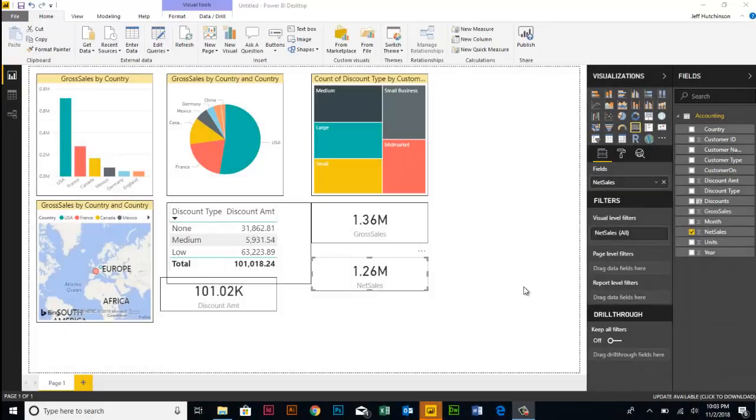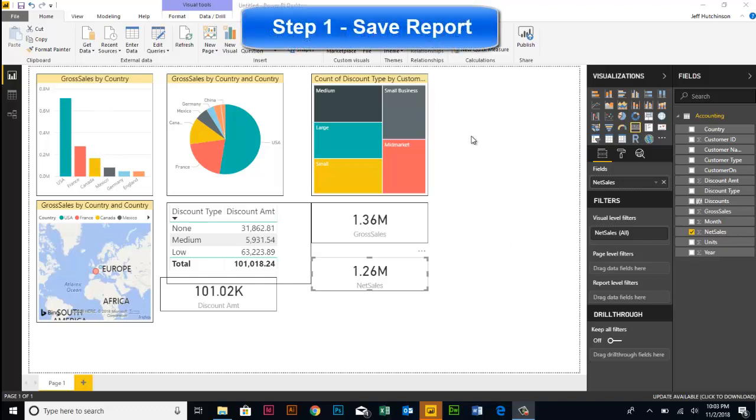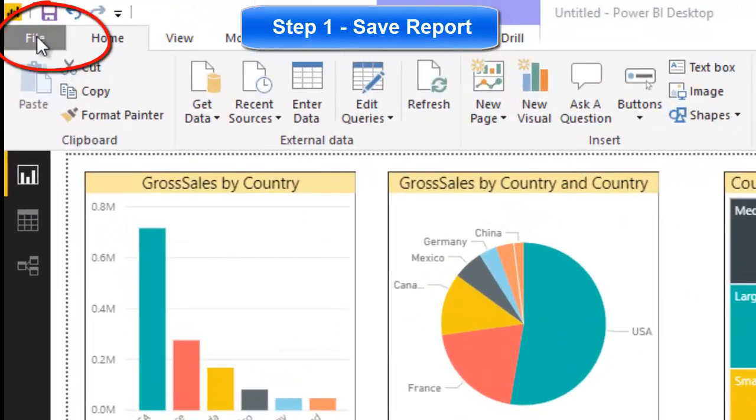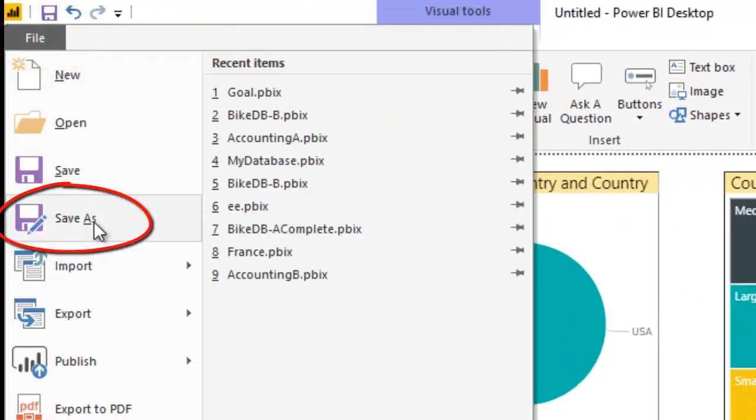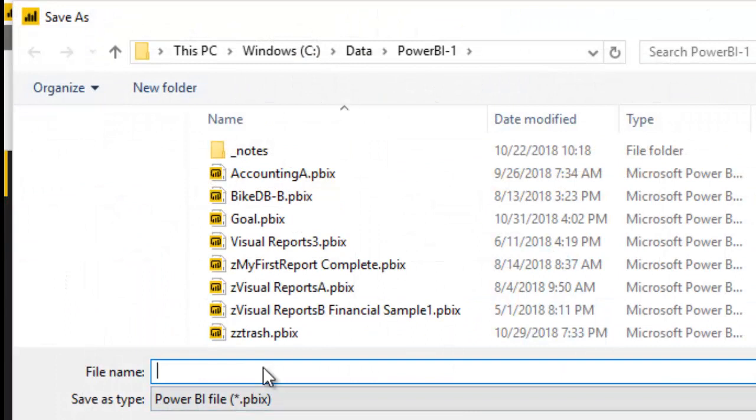Student project A18 is going to publish this information to the web service version. First thing we need to do is save the information first. So I'm going to simply go to File, press Save As, and we're going to save this off as a